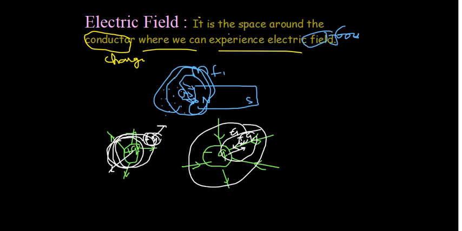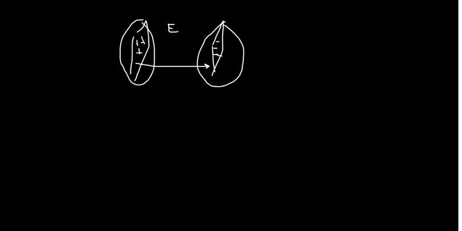Now how do we represent this in our diagrams? Generally, we show the electric field in this way in many books. For example, if we have two plates, positive, positive, positive, and here negative, negative, negative, the electric field is always shown from positive to negative. There may be changes in the shape. Sometimes it may be cylindrical, sometimes a plate, no difference, but the electric field is shown in this way most of the time, to keep it simple.